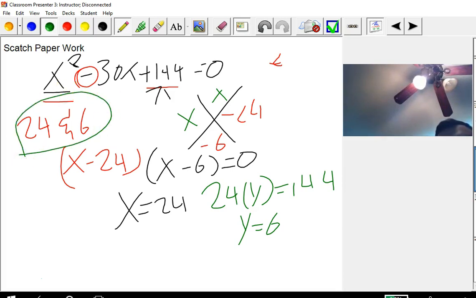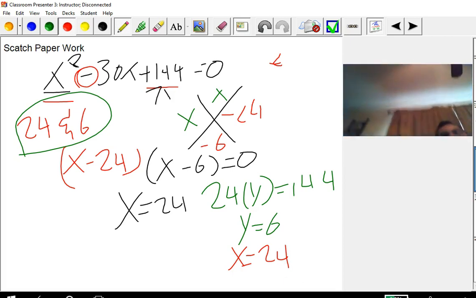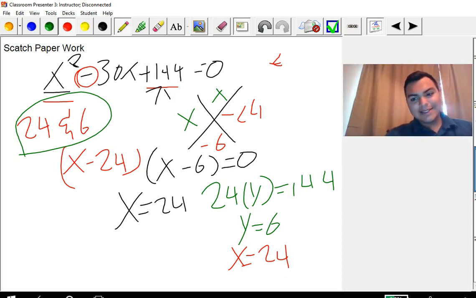Because we know 24 times 6 equals 144, right? So that makes sense, right? We have y equals 6 and also x equals 24. Done, right? No. Now, again, the ACT is, at least from what I've seen from it, they like to do